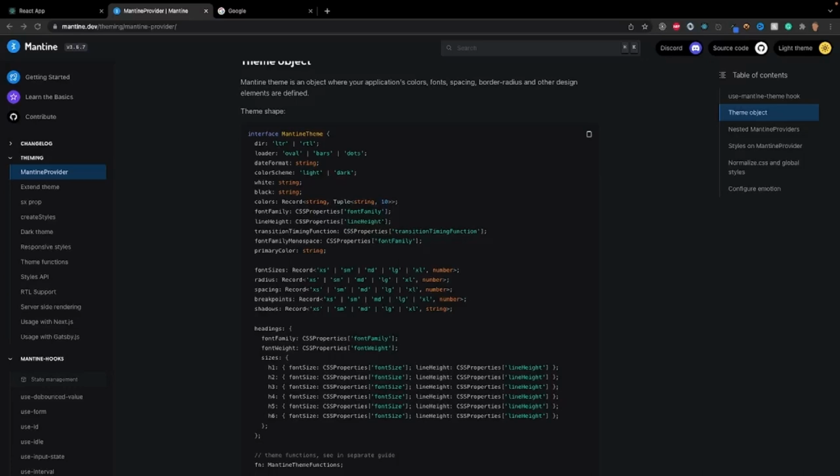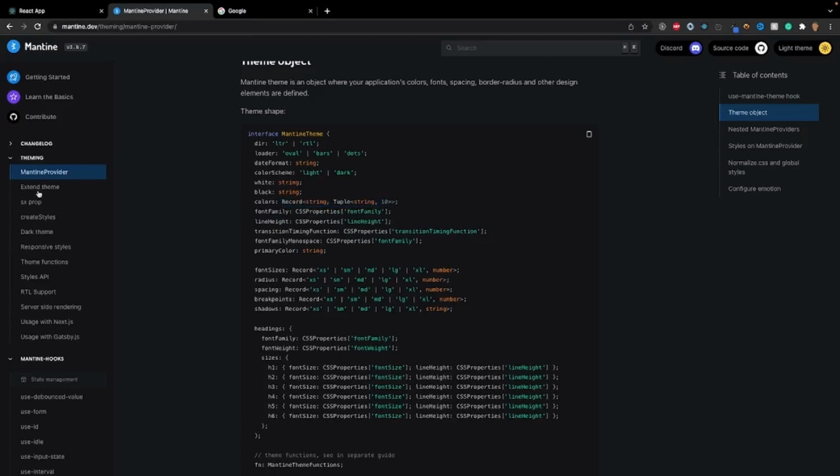Alright, let's talk about color. In my opinion, this is by far the most complicated part of this entire process, is understanding how to apply colors to certain components inside of the Mantine Provider. But it's fairly simple once you get a hang of it. So right here we see how it says here record and tuple. I'll show you guys exactly how to use this in a bit,